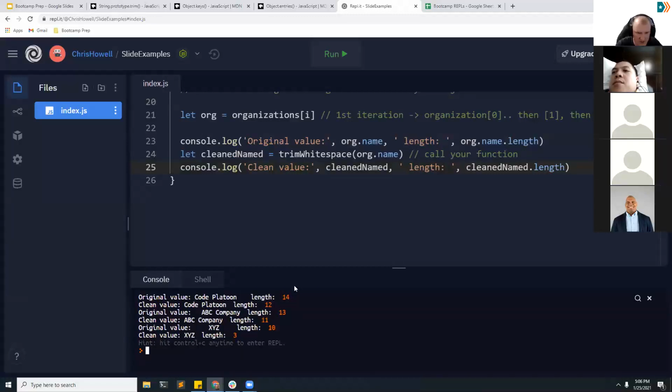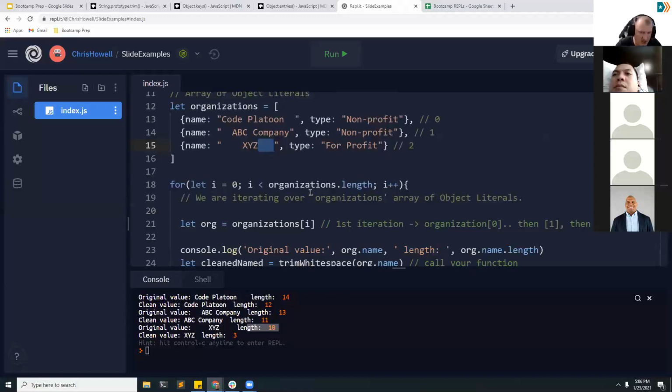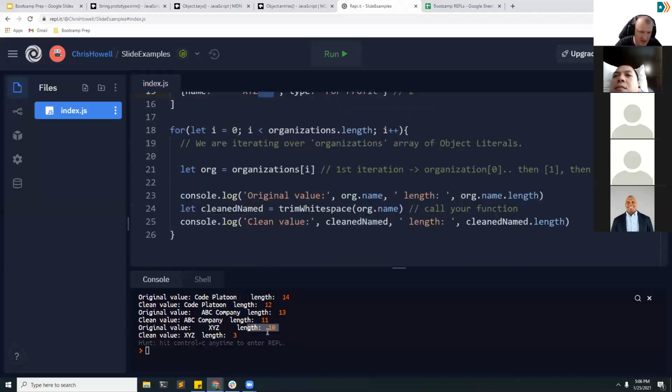And if you want to, you can go in and look. XYZ is probably the easiest one to tell because XYZ is 3 characters long. I added a bunch of white space characters, right? So I added 7 extra characters of white space, and trim did its job of trimming it off down to the proper length. And this is basically how you can loop and call